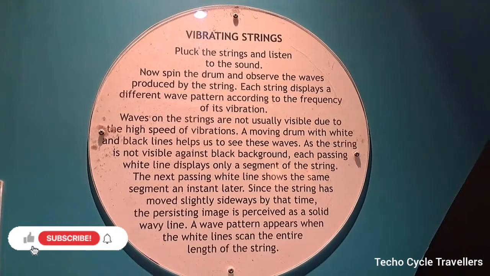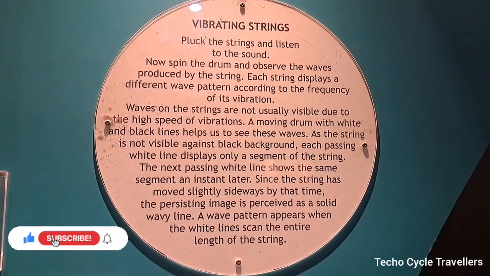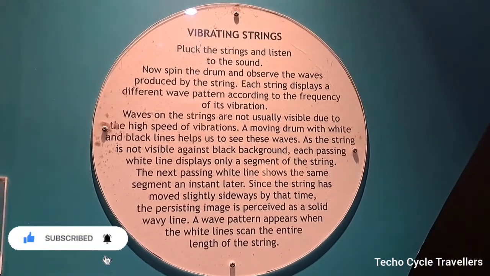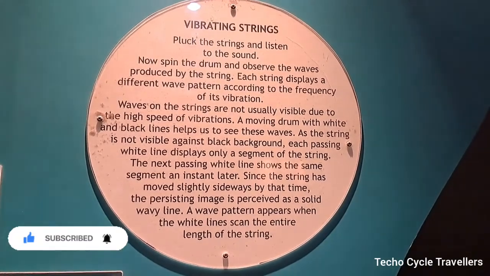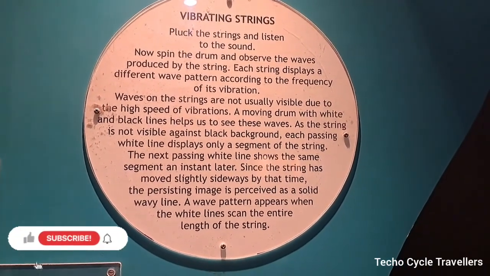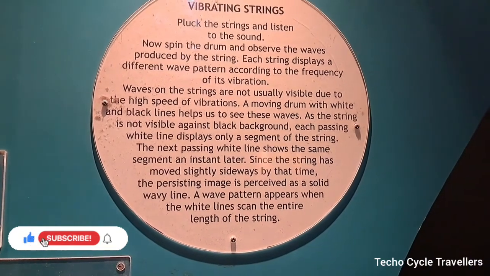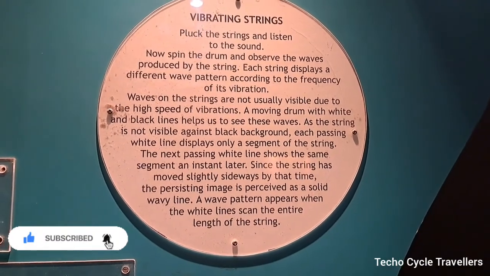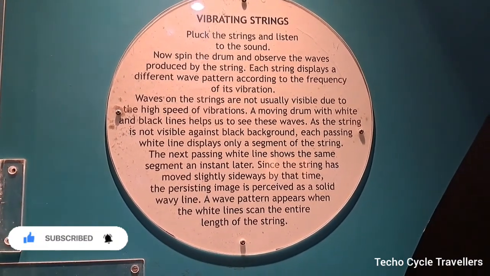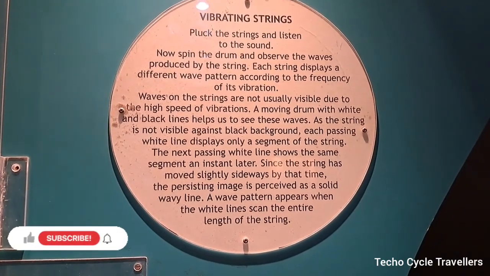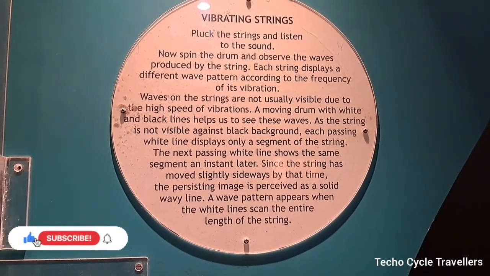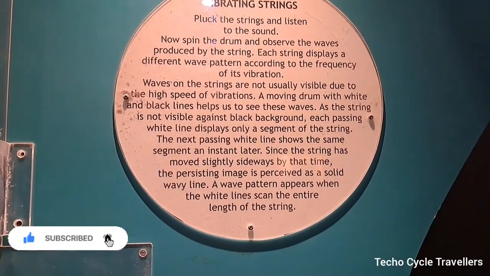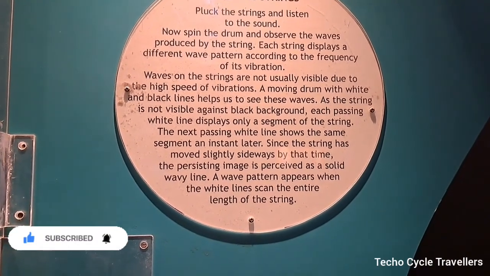The strings are not visually visible due to the high speed of vibration. The movie camera with white and black lines helps us to see these waves, as the string is not visible against the black background. One passing white line displays only a segment of the string. The next passing white line shows the same segment instantly. Since the string has moved slightly sideways by the time, persistence shows a solid wave pattern and the white lines can